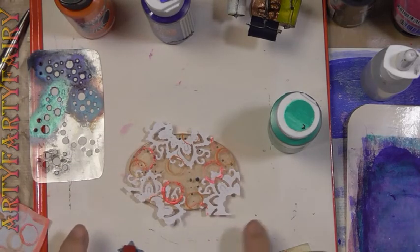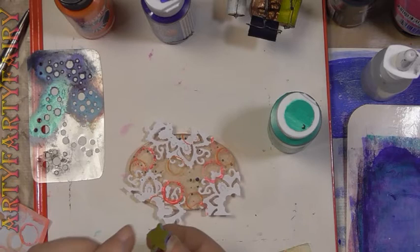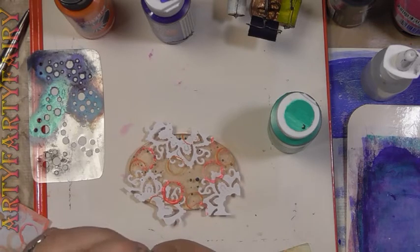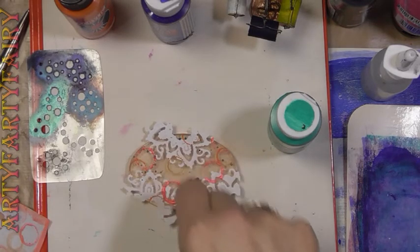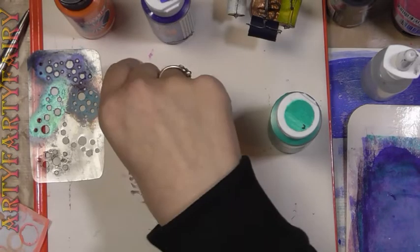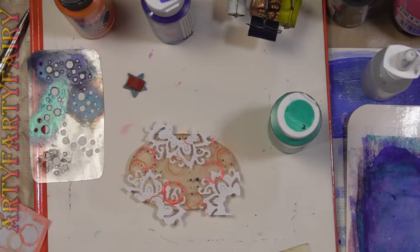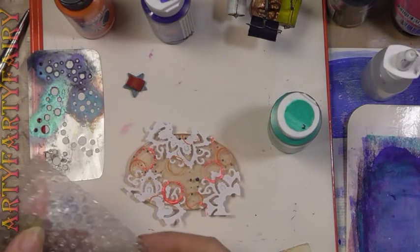That's what I was saying about you building from the front of the picture back. If I get a dark colour on that now and go over this circle, you think, no, I've covered it up, but I haven't. I've backed it. So you've got to get your head thinking upside down. Right, so I need something that's not going to smudge. What if I really carefully...